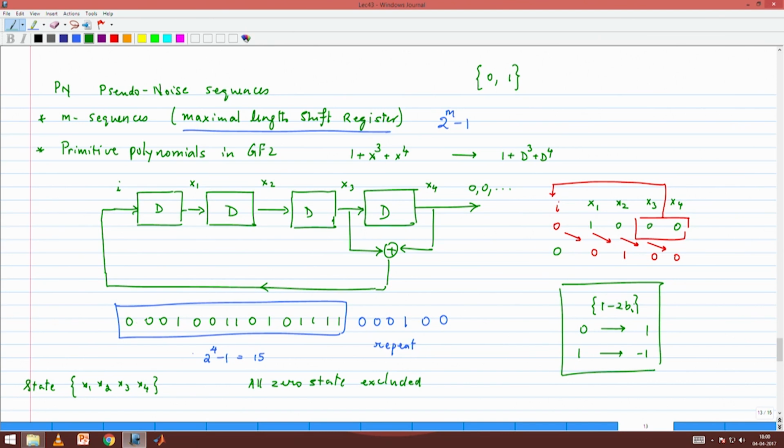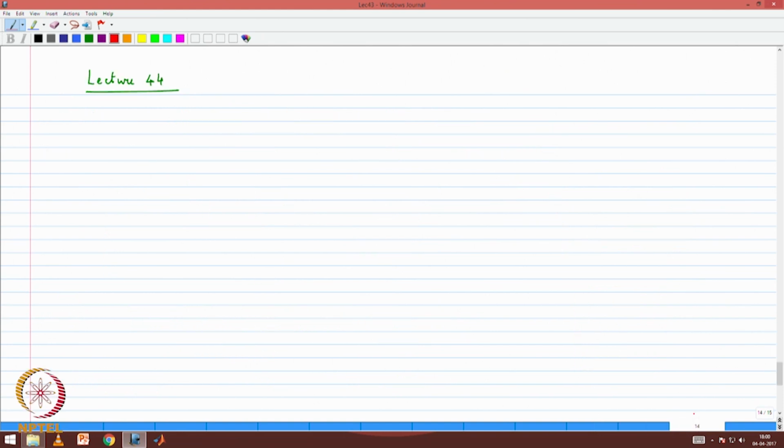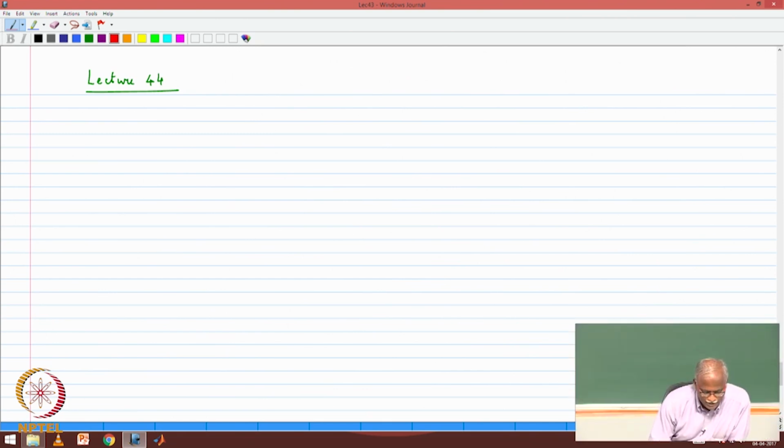So the number of zeros: 1, 2, 3, 4, 5, 6, 7. The number of ones is 8. And this is a universal property. Again, PN sequences should have an equal number of zeros and ones, and only then. So basically this is called the balance property. The number of zeros and ones is almost the same, and in all these m sequences,